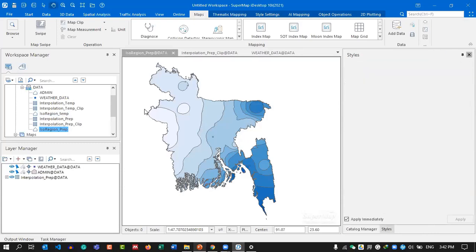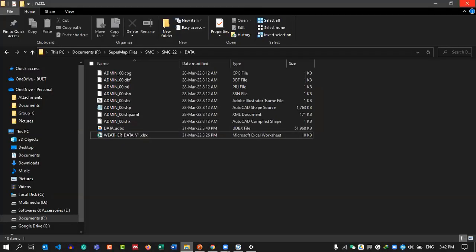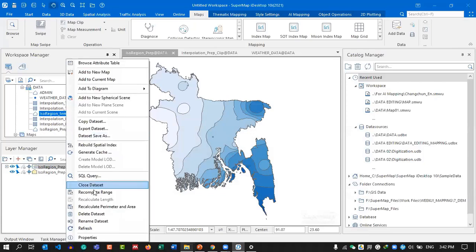In this portion, we'll export these two datasets to our data folder for further use. So I'm just right clicking here to export these two datasets. This one is temperature and this one is precipitation. So right click here, select export dataset,